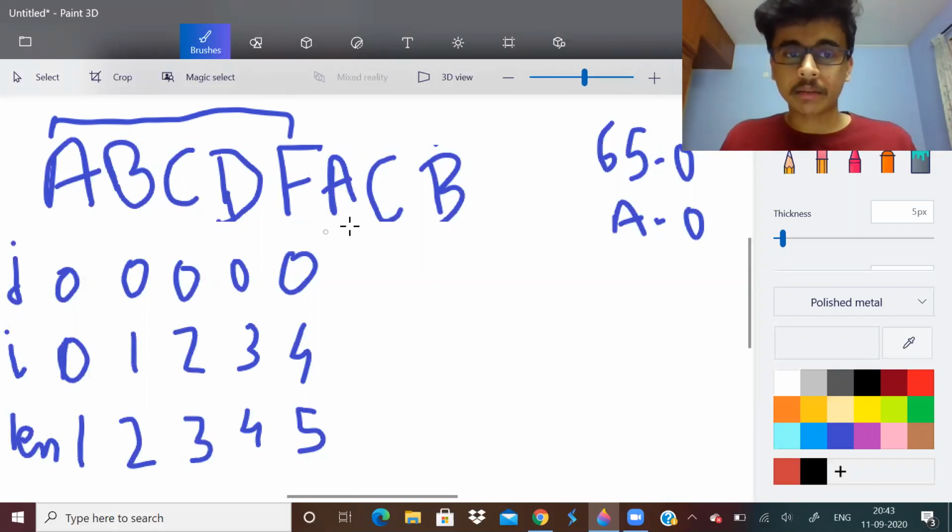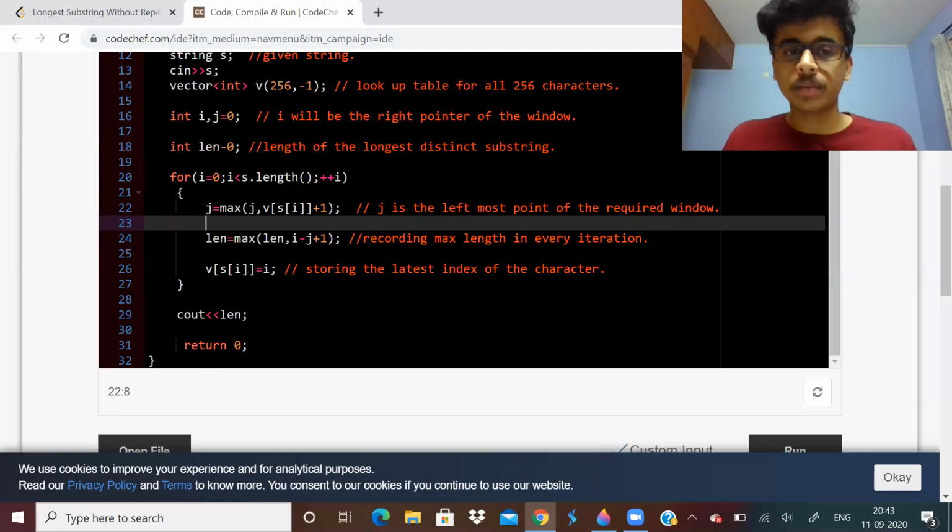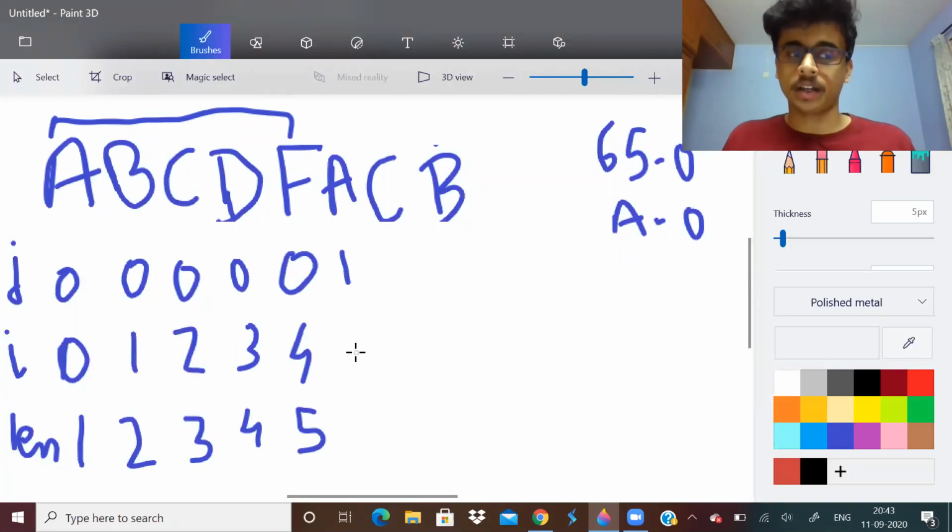Now we come across A. Now v of A is what? 0. So v of s of i is 0, 0 plus 1 is 1, max of 0 and 1 is 1. So here my j has changed to 1 and my i value is 5. 5 minus 1, 4, plus 1, 5.